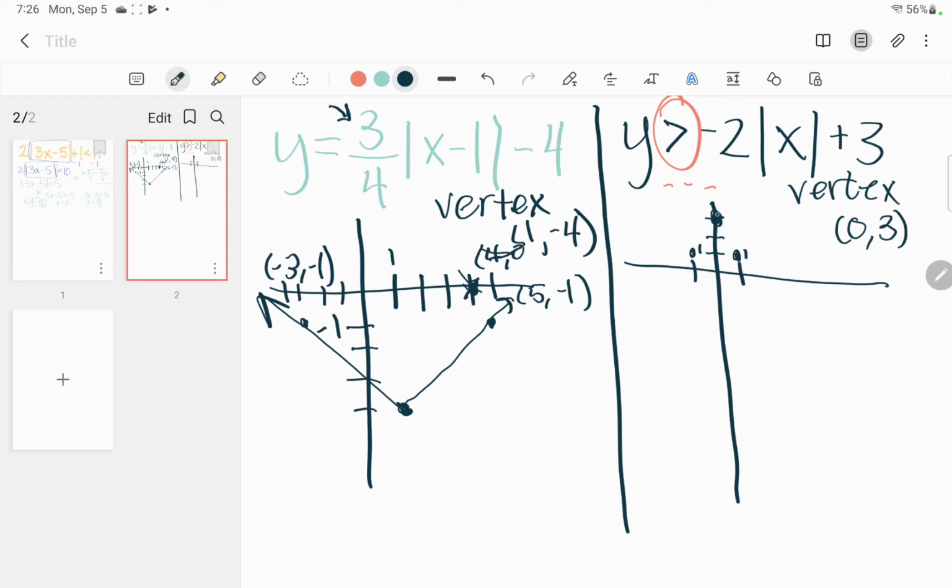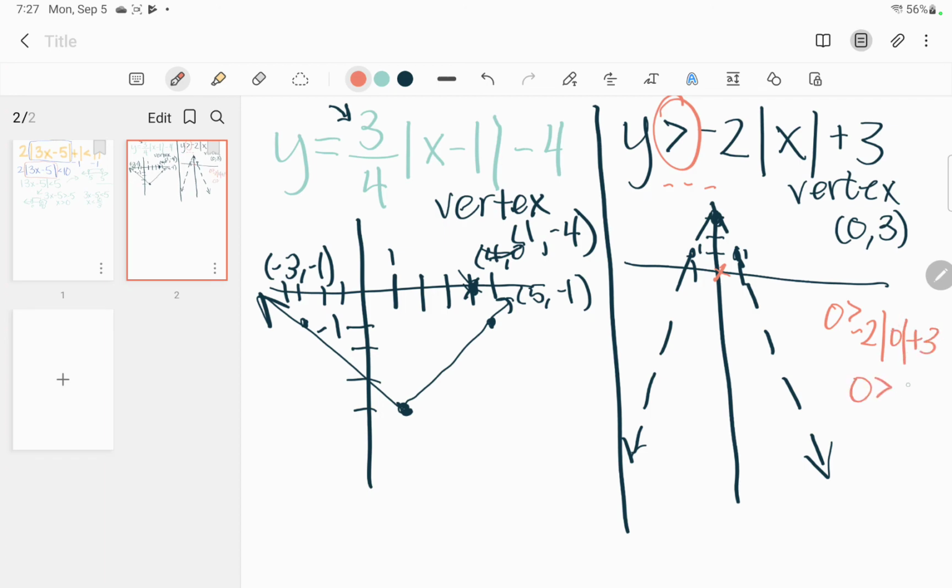Now remember, because this is an inequality, I'm going to graph with the dashed lines. So this is going to get shaded. Now what I can do is toss in a test point, or you can just remember some rules for shading. I always liked using a test point just because sometimes I forget those rules. So it's going to be easiest for me to check with my test point 0, 0. Now either this makes my inequality true and I shade, or it makes my inequality false and I do not shade. So if I say to myself 0 is greater than -2 times the absolute value of 0 plus 3,